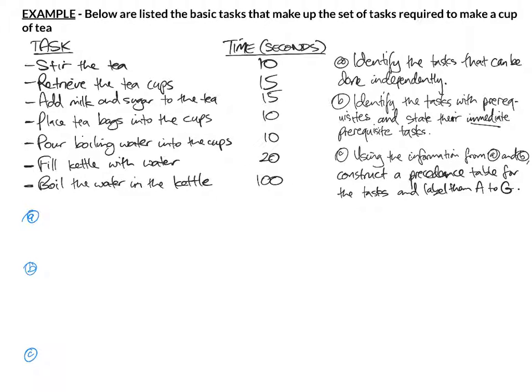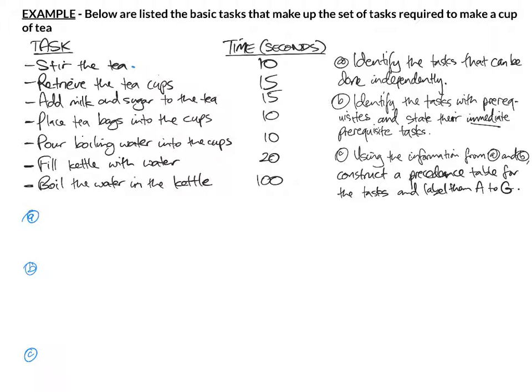So we need to work out what's independent. Let's think of them in order. Stirring the tea. I can't do that independently because I need to have tea in the cups in the first place. I need to get the cups in the first place. I need to have water in there. How do I know that there's prerequisite stuff? I have a cursory glance at all these other things and decide whether any of these should have happened before for me to be able to stir the tea. And obviously there's plenty of things that should happen before I stir the tea, so stirring the tea could not be